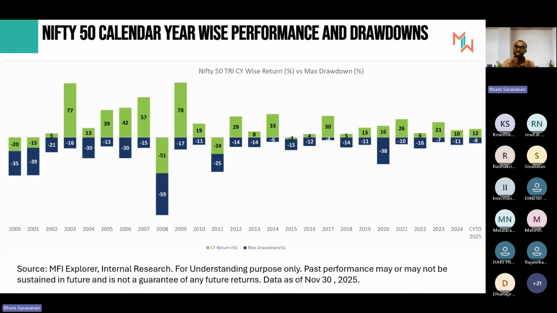This also explains why SIPs work so well. This chart is a good example. When the market corrects, SIPs automatically invest at lower levels, improving long-term returns. Many investors who feel uncomfortable during drawdowns don't realize that these phases actually help long-term investors if they stay disciplined. Finally, this chart reinforces why asset allocation, emergency fund, and goal-based